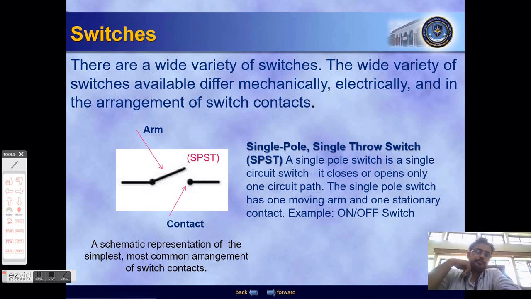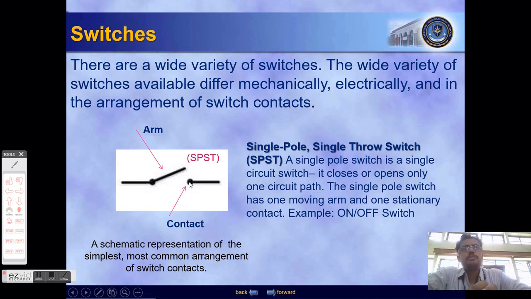So first of all, the simplest type is SPST, single pole and single throw. S stands for single and pole stands for the number of separate electric currents. After closing the switch only one branch will be possible. So pole is the current, and throw is the position, the on position. It can be either on or off. The throw can make it on or off. There is only one throw possible.